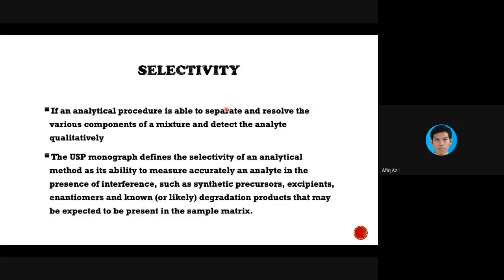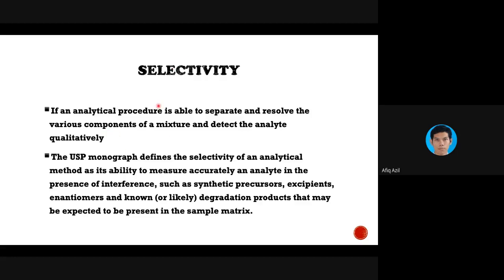Okay, selectivity. This one is whether the method that you are using is able to separate and also resolve all of the components of a mixture and only detect that particular analyte that you are focusing on, qualitatively.